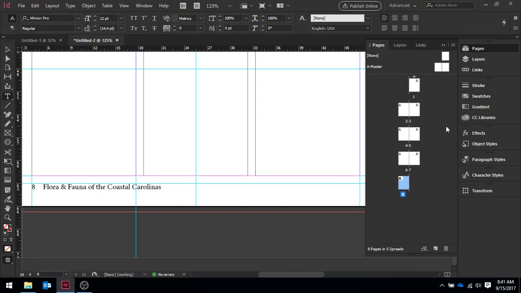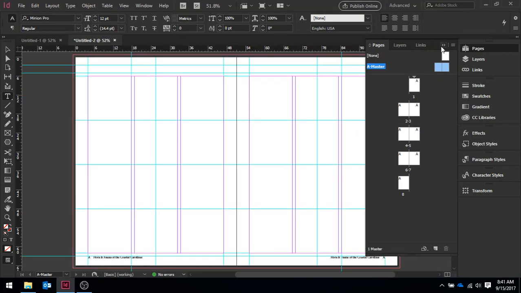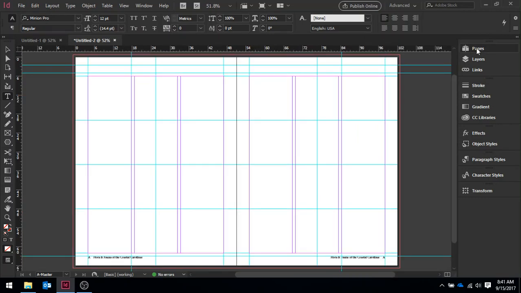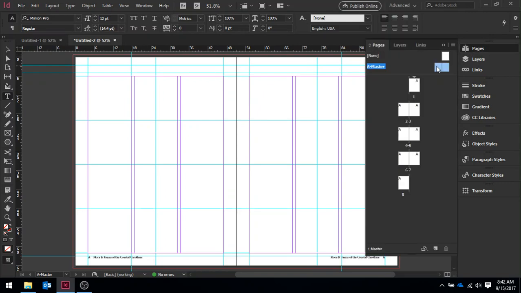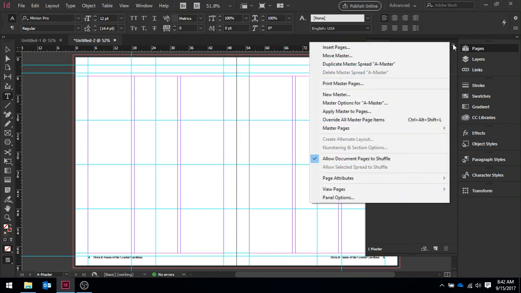Next, we're going to be working on renaming this A master right here. So I'm going to double click on A master again, and I'm going to fit my spread to my window. When a document contains multiple master pages, you may want to assign a name to each master page. The descriptions help. Choose master options for A master from the Pages panel menu. If you go to the Pages menu and see A master, we want to go to the menu here,